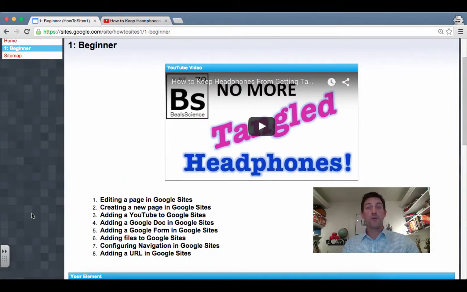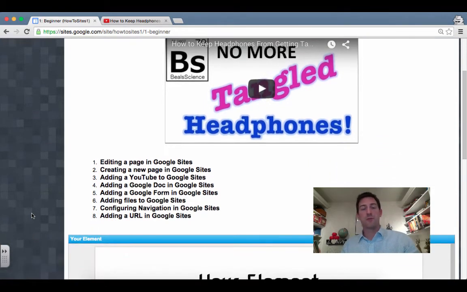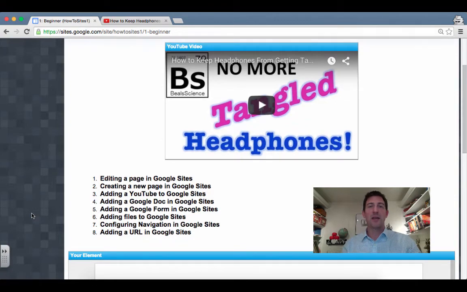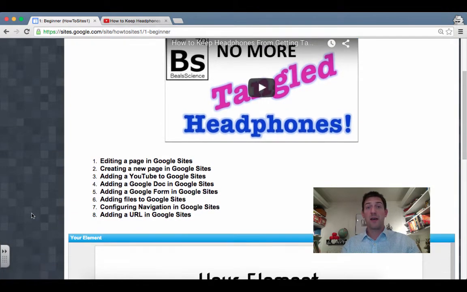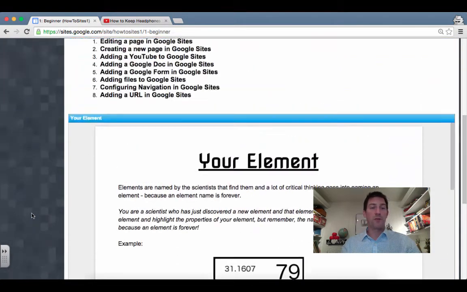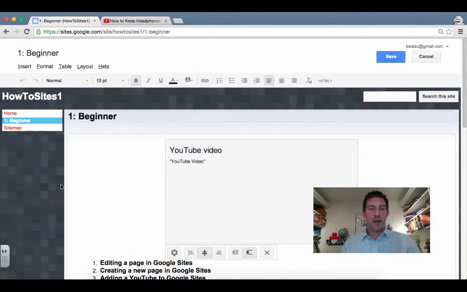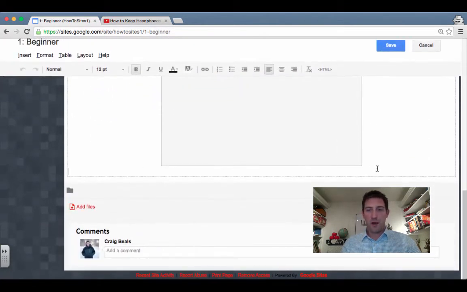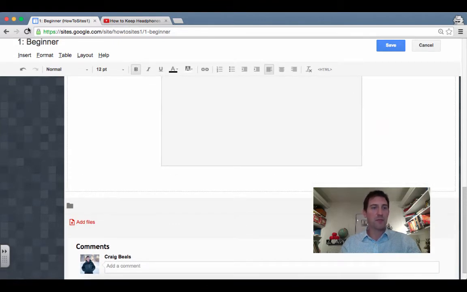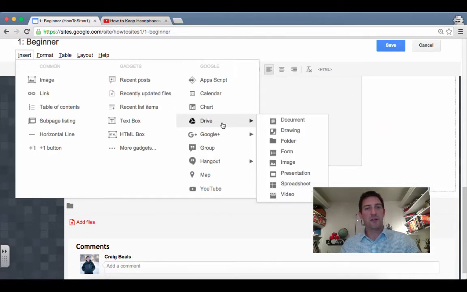What if I want a Google Form, something where my students, or somebody in the intranet, if I was using my Google site within a company, can take a survey and use one of my Google Forms that I've created? Go back up here to Edit Page, and I'm going to put the form down below the document. So let me put it down here, make a little space, go back to Insert, over here to Drive, find Form,